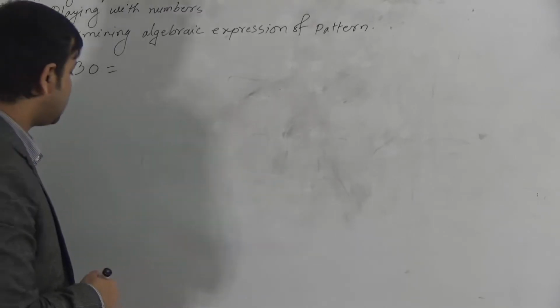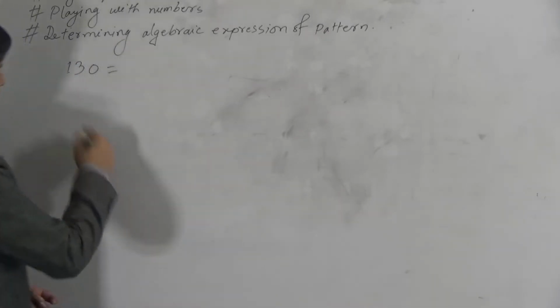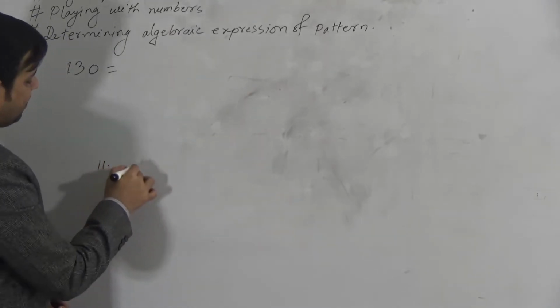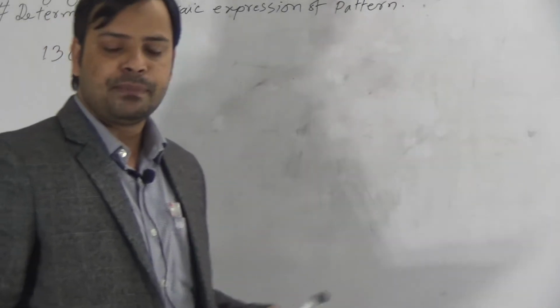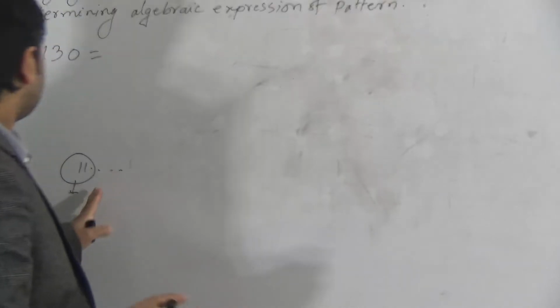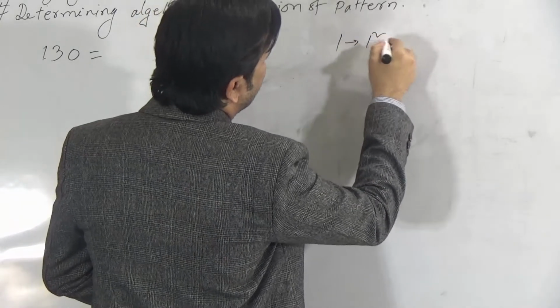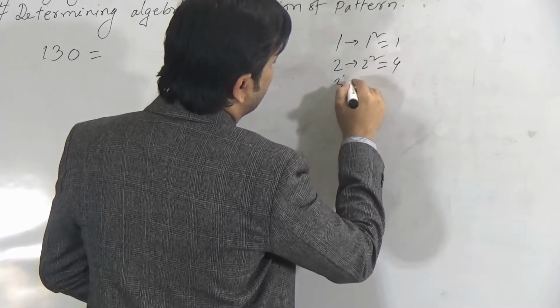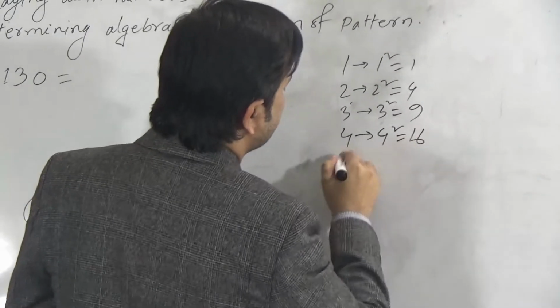The technique is, at first you have to take the square root of 130. If you take the square root, it will be 11 point something. So our integer part is 11. So you have to write the square numbers of 1 to 11. 1 is a number, 1 square is 1, 2 is a number, 2 square is 4, 3 is a number, so 3 square is 9, 4 is a number, 4 square is 16,